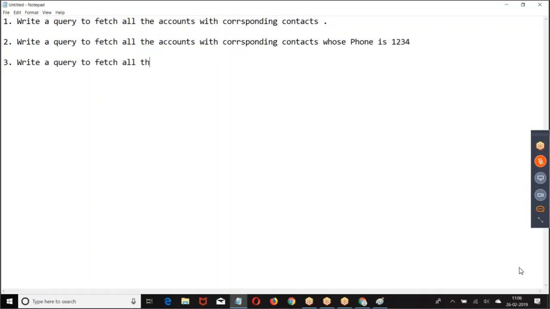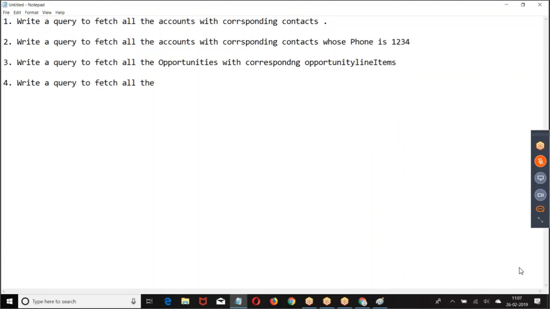Write a query to fetch all the opportunities with the corresponding opportunity items. Complete the first two.